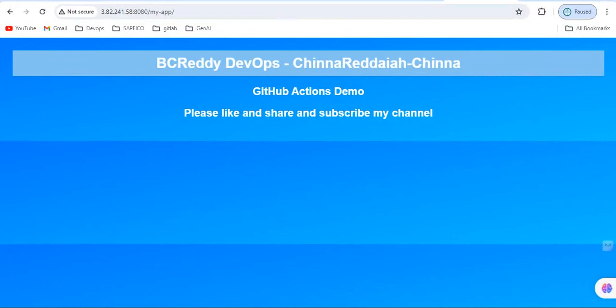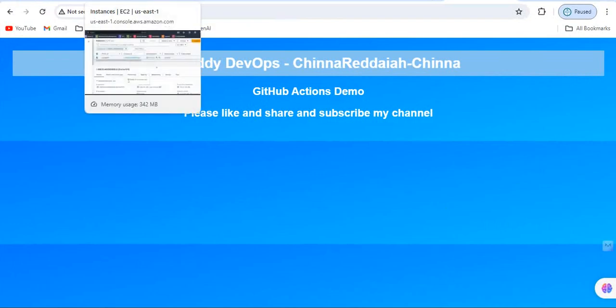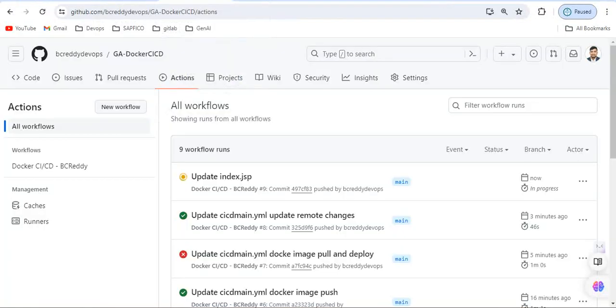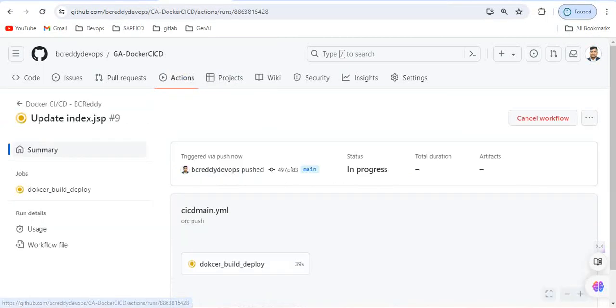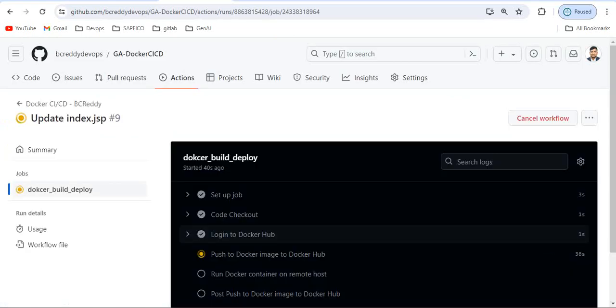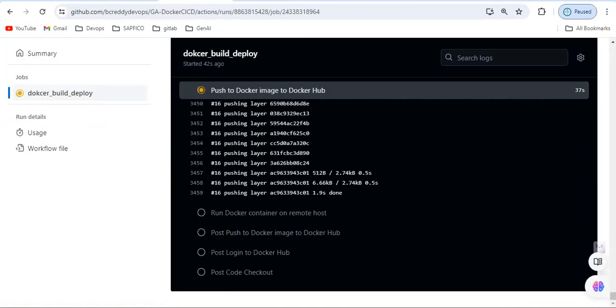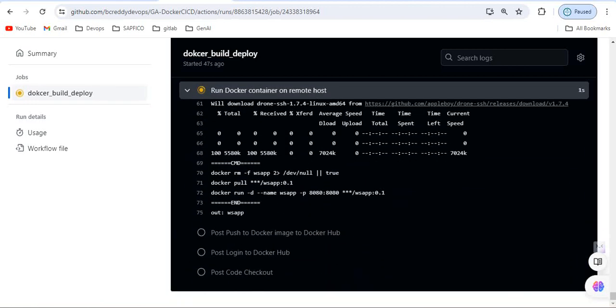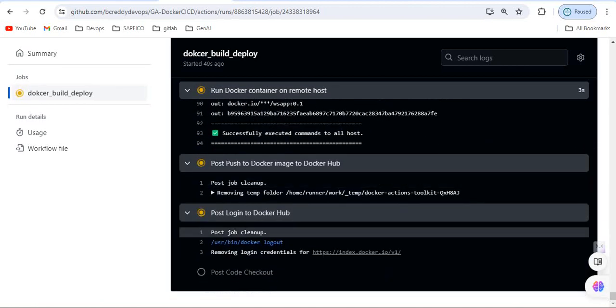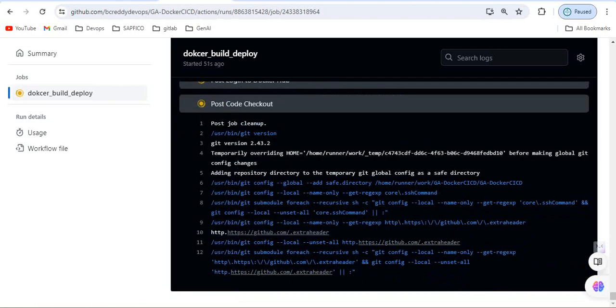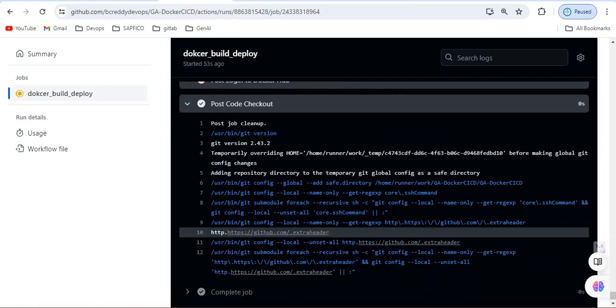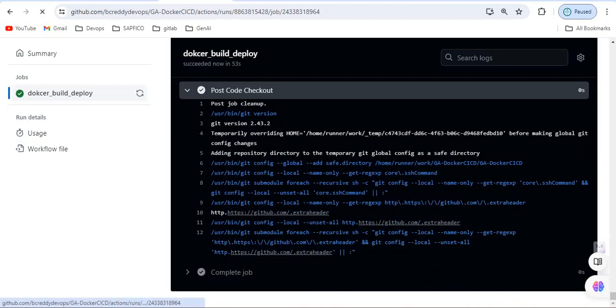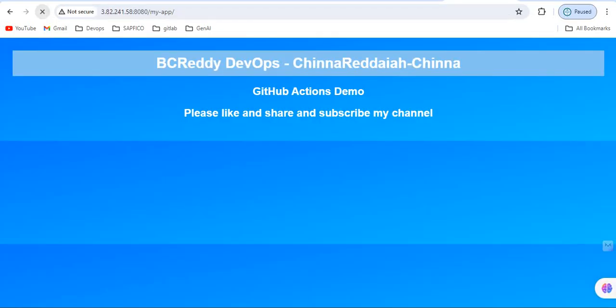Okay. Now we will see whether the build is completed or not. It will take 3 minutes to complete this CI/CD, and let's check. Okay, completed. Now if you refresh,